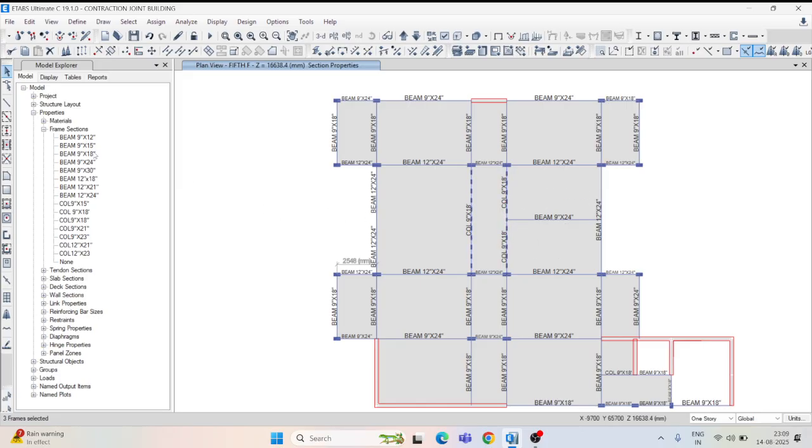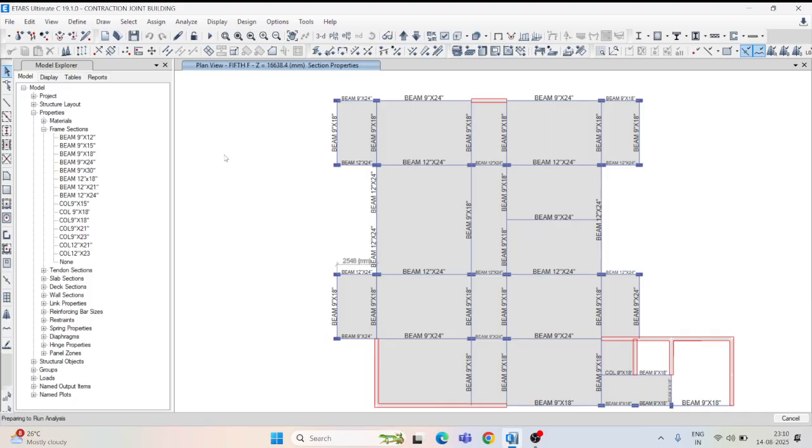So 9 inch into 18 inch here. Okay, so again you have to run. After completing this, you run the analysis again to check whether the deflection is under control or not. So this is the process to check the deflections in terms of creep coefficients.